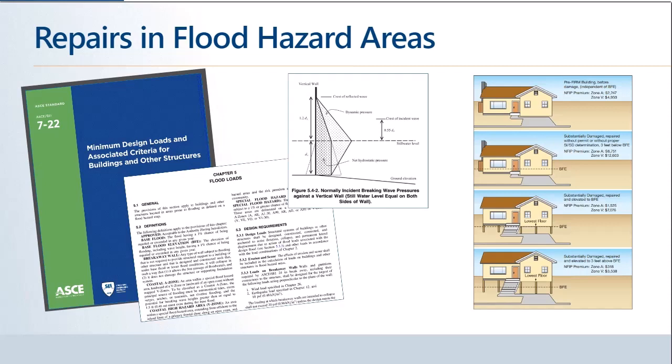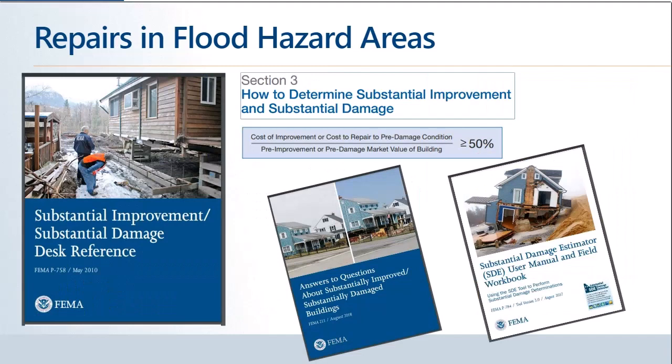And so triggering the substantial damage component of the flood zone provisions of the code is a big deal, and identifying whether or not all of that extra work is going to be required all circles on this definition of substantial damage. Now, the code is not the most helpful as far as providing answers on substantial damage, and part of that is because the origins of this are more driven by the flood insurance provisions of the National Flood Insurance Program. And so to get more specific answers on triggering this upgrade or this threshold, key definitions are